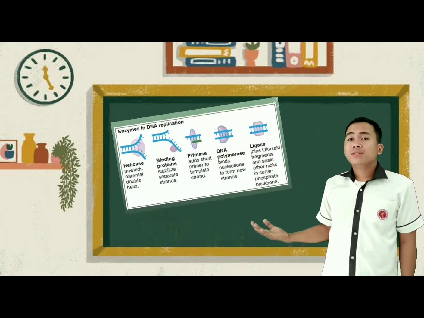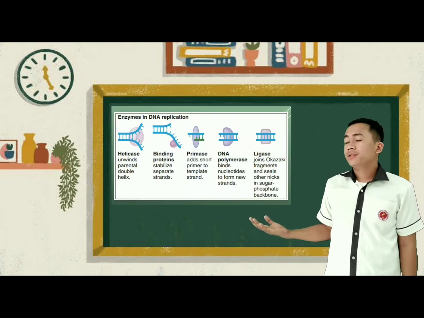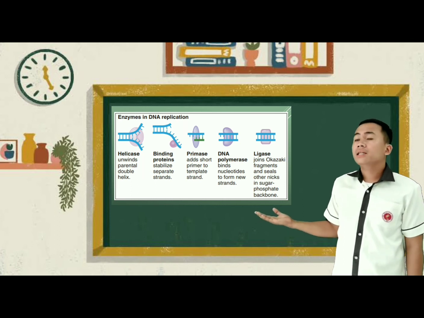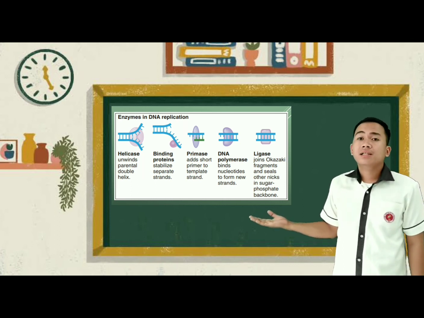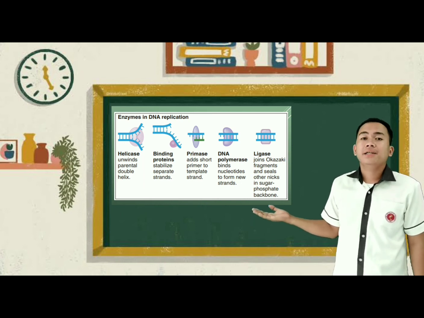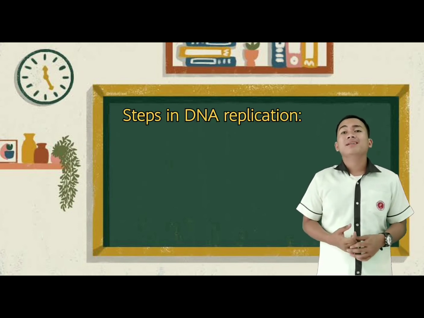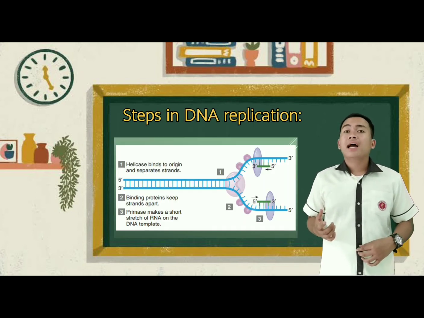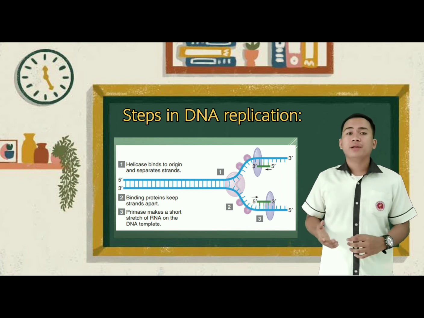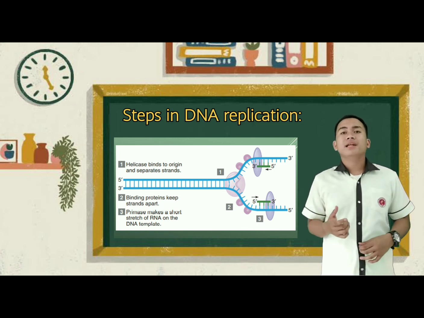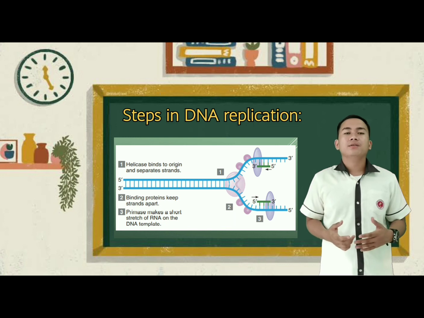The illustration shows the enzymes in DNA replication. First is the helicase. Next is the binding protein. Next is the primase. Next is the DNA polymerase or DNAP. And last is the ligase. The DNA replication begins when an enzyme helicase breaks the hydrogen bond that connects a base pair. The binding proteins hold the 2 strands apart, then another enzyme, primase, attracts complementary RNA nucleotides